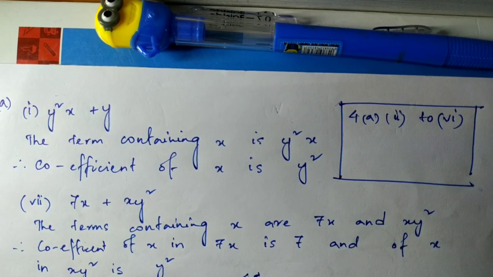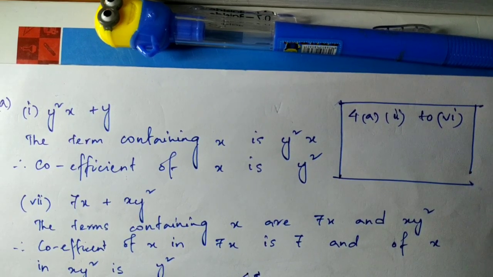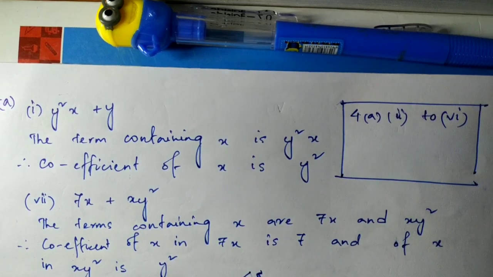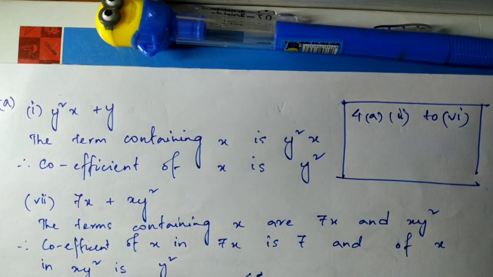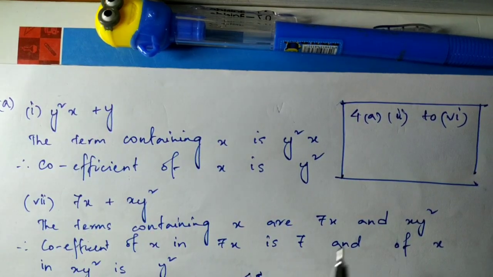So if you see question number 1, it is 8 minus x square, and the term that contains y square is the second term, that is minus xy square. What will be the coefficient? It will be minus x, not only x, along with the sign. Here we have not written plus, because we don't write plus for y square, but if there had been minus y, then we would have written minus y here.